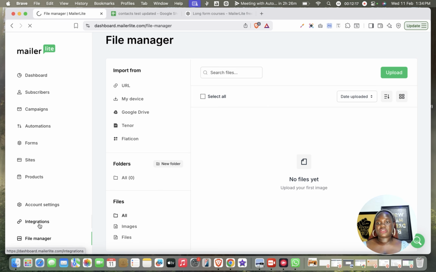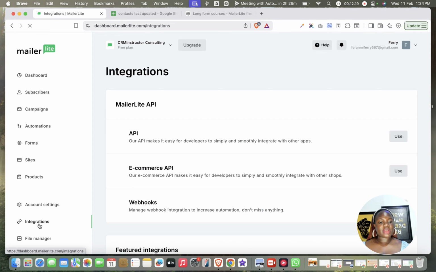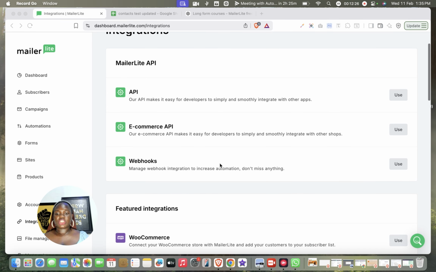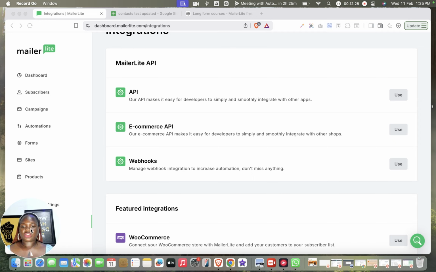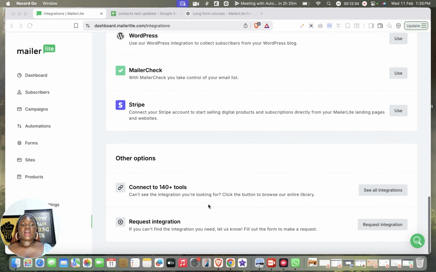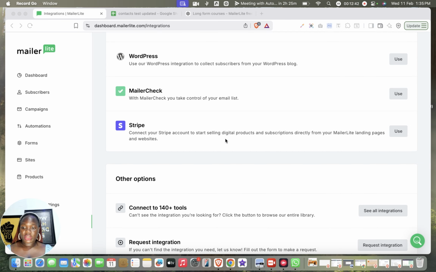And we have the integrations there, where it's going to show you every app that MailerLite can be integrated with. As you can see here, we have the API integration, the e-commerce integration, and the webhook integration. We also have WooCommerce, Zapier, Canva, and all of these integrations can be done. And for you to be able to connect with every app that is currently not here,